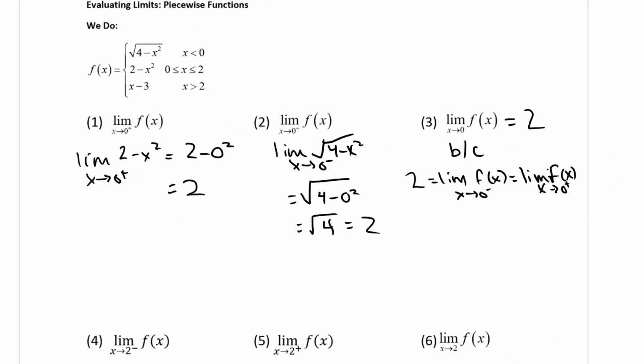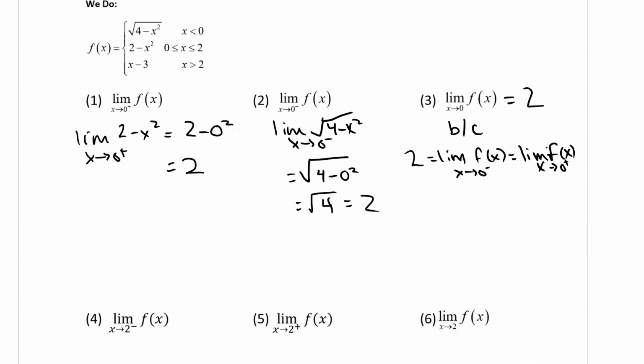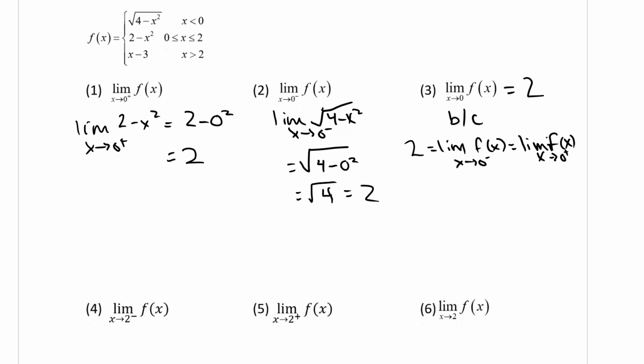All right, then we've got a second set we're going to do here. So we're looking at 2 from the right and the left. So 2 from the left is going to be our middle function because we've got that x is less than or equal to. So that means we're pointing to the left, right? So the limit as x approaches 2 from the left, we're using the function 2 minus x squared, 2 minus 2 squared, 2 minus 4,